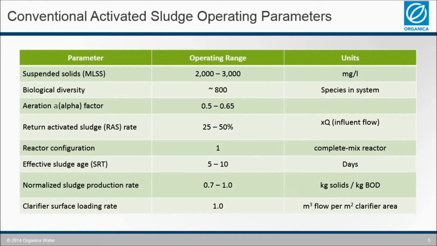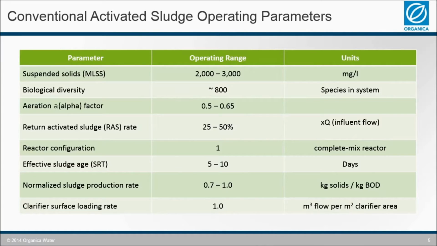So if you look at the conventional activated sludge operating parameters, again you have mixed liquor suspended solids, MLSS, of 2,000 to 3,000 typically. Typically we see about 800 species in a biological process of this configuration, and due to the suspended growth organisms and the solids in the system, the viscosity of the liquid changes and decreases alpha factor, which is simply a measure of how efficient the oxygen transfers into the liquid. So that typically would be in the range of 0.5 to